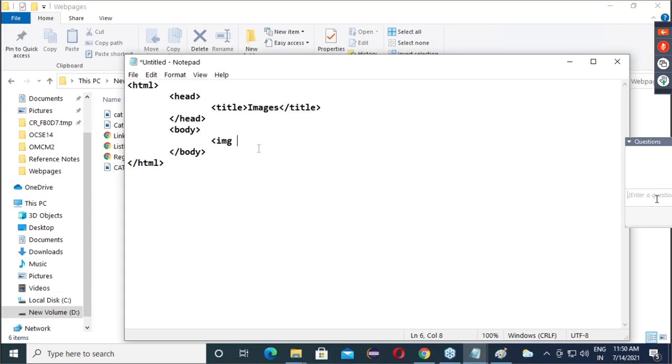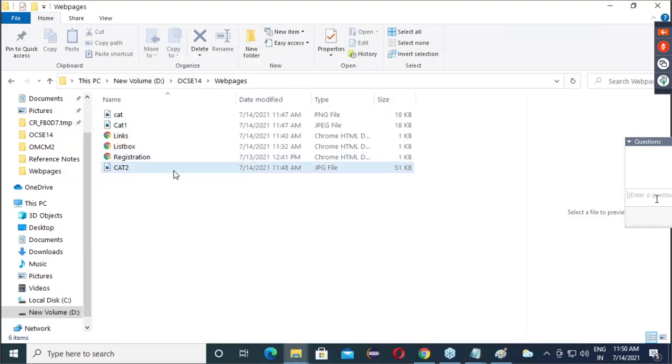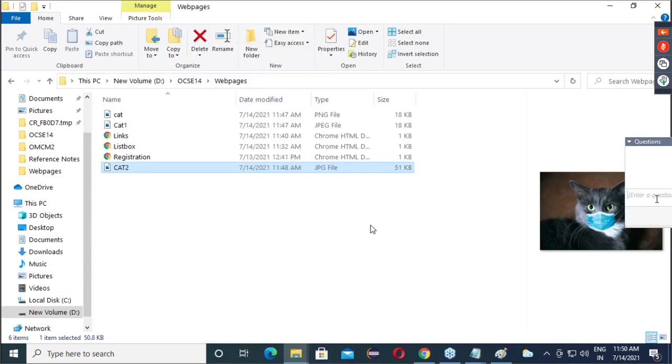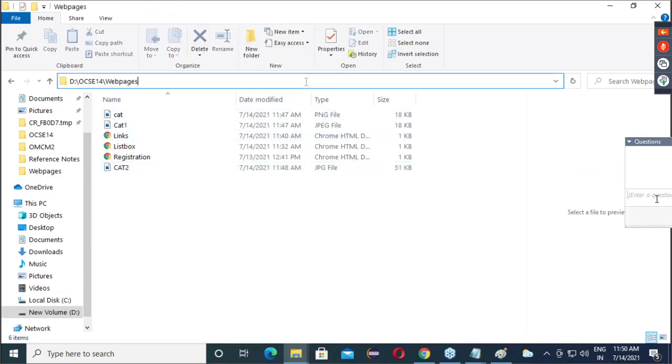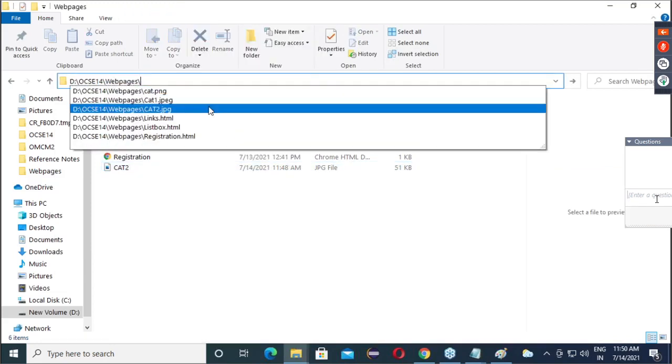So now here, image. But boss, which image? That source you have to give, SRC. So the source of the image is, go here, give the path slash cat2.